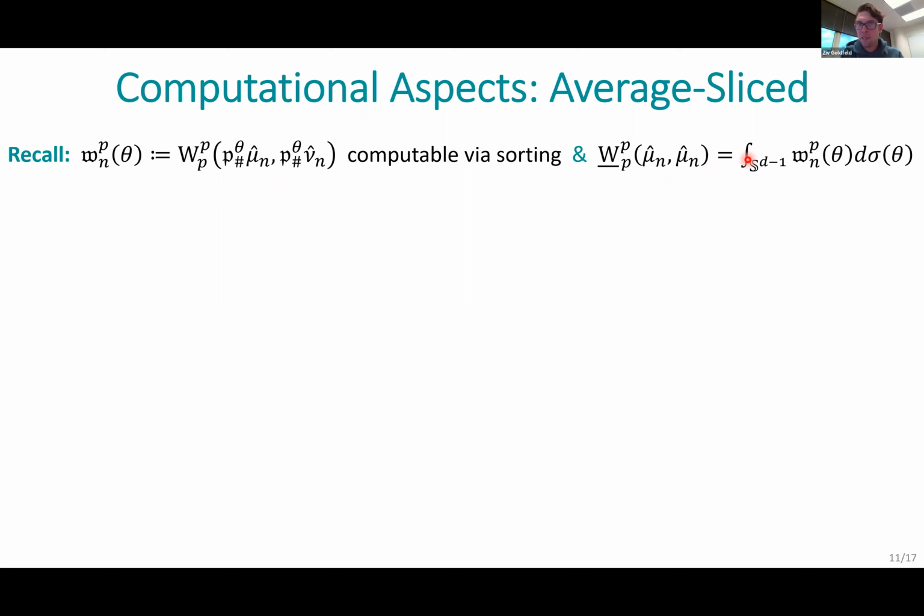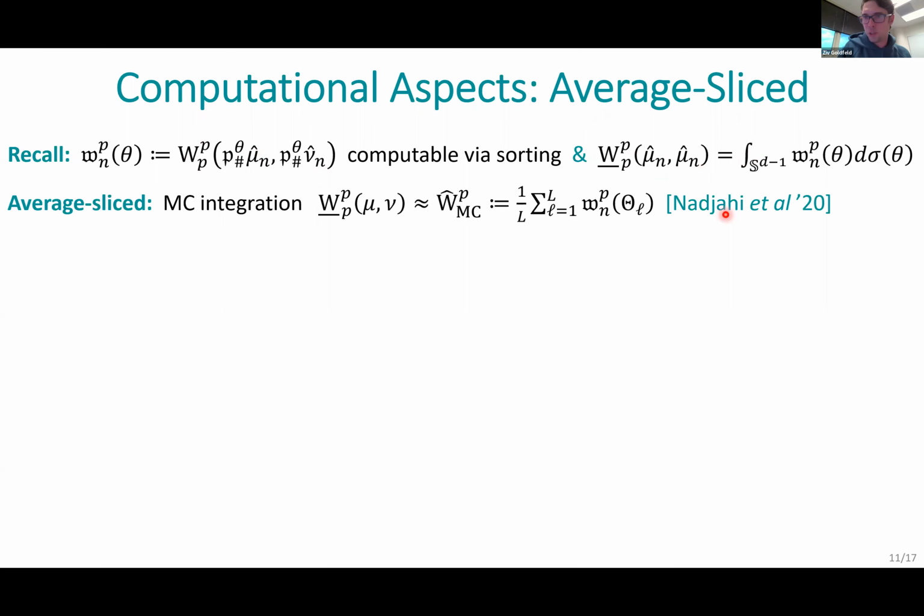All right. And with that, perhaps the most natural way to go about computing this integral, and this is again something that was proposed by Suhail and his collaborators in this 2020 paper, is to use numerical integration, to use Monte Carlo integration. Essentially, you draw a bunch of theta L's uniformly at random from your unit sphere and take one big happy empirical average. And if I'm not mistaken, I think in this paper, you guys showed that